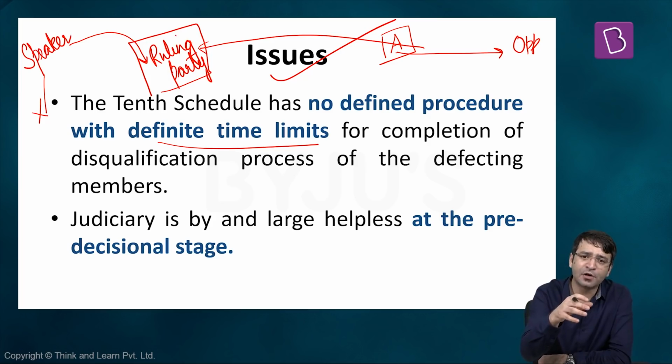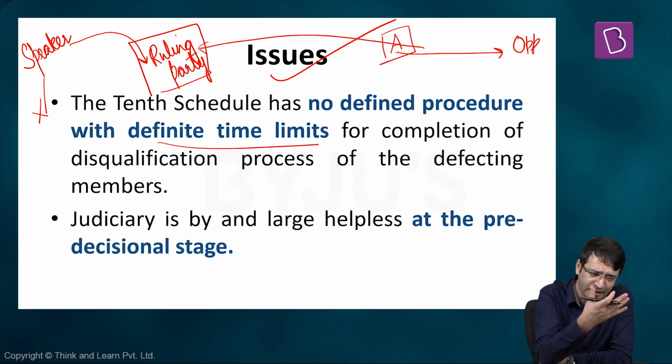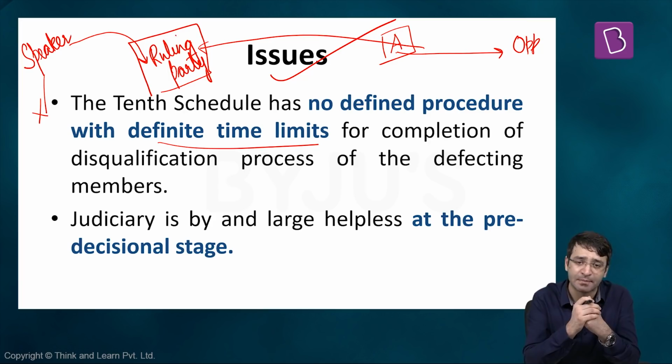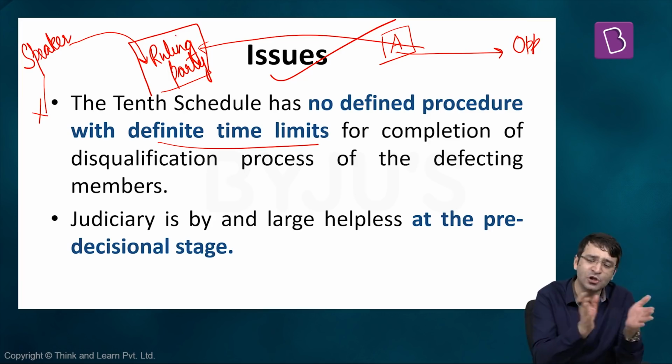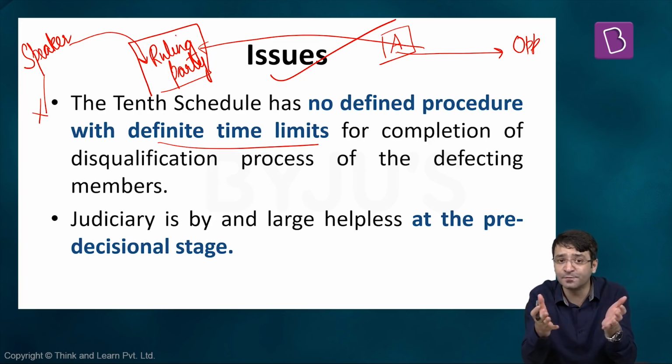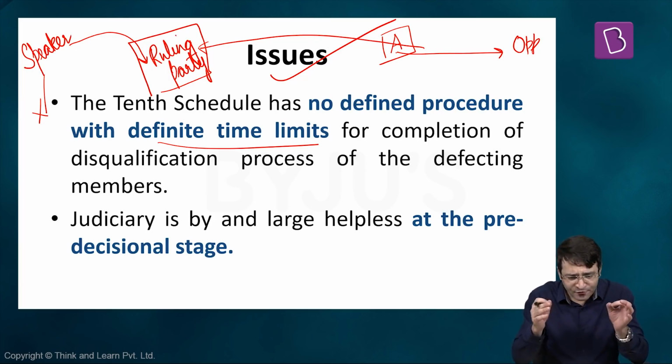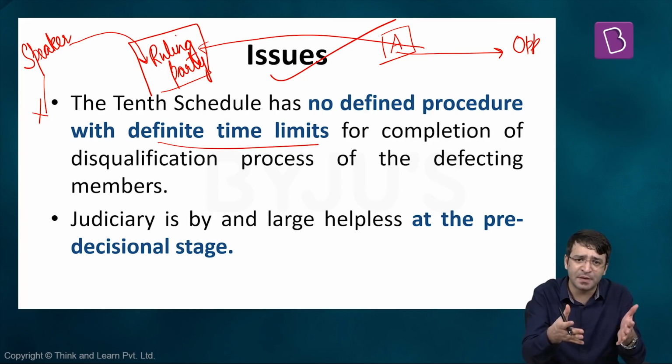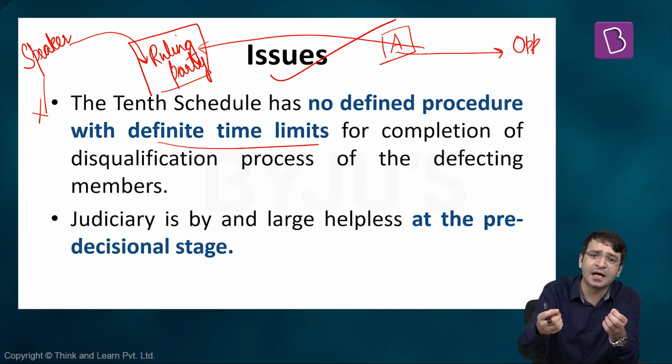There was one member of the Legislative Assembly of Telangana, T. Srinivas Yadav. T. Srinivas Yadav was a member of TDP, Telugu Desam Party. And ultimately, he won the election and was a member of the Legislative Assembly. After the election, he joined TRS of KCR. And KCR is the Chief Minister of Telangana. Various petitions were filed before the Speaker that T. Srinivas Yadav should be disqualified under anti-defection law.